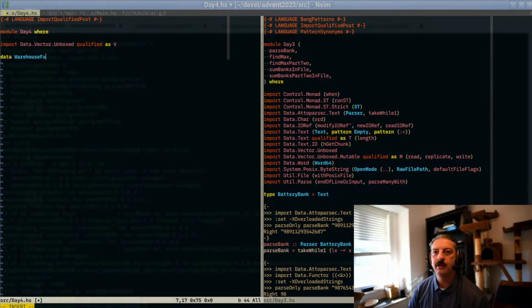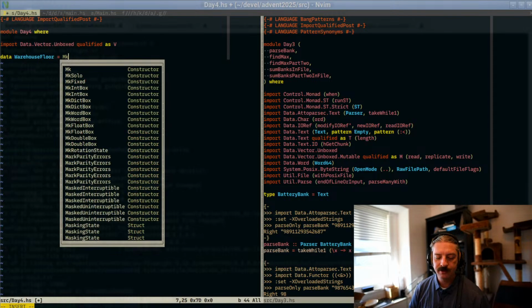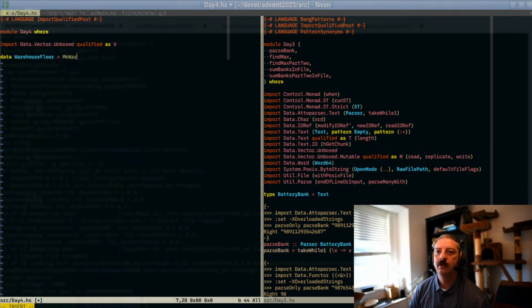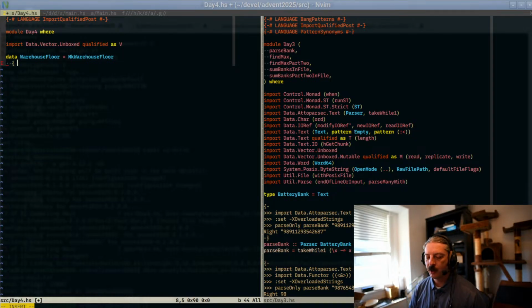Alright, we're going to create a data type for the warehouse floor, and this is a common convention. In Haskell, the MK means make warehouse floor. We're going to have one constructor for this data type. And this is a style that you may not see elsewhere, but it's common in Haskell to have brace thing, and then on a new line, comma, next item. And so we're going to follow that here. All right, we have